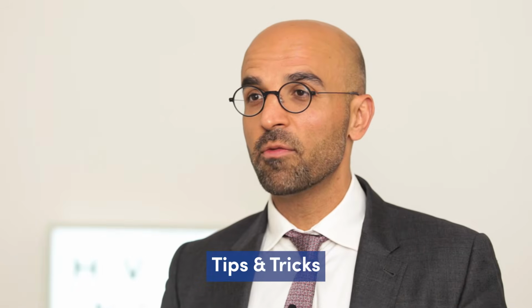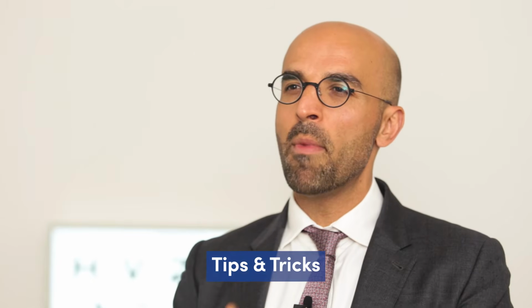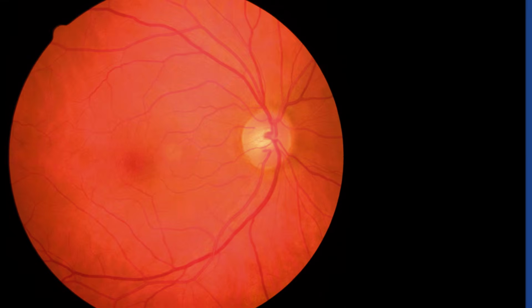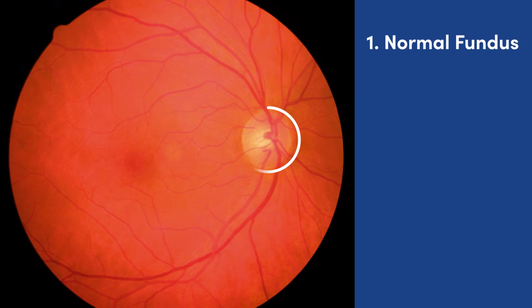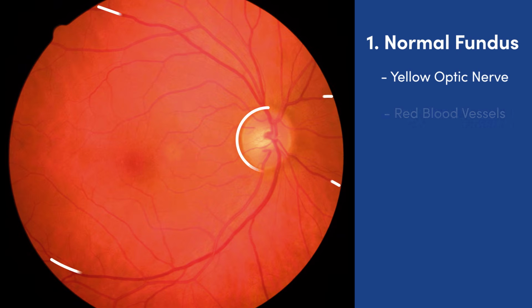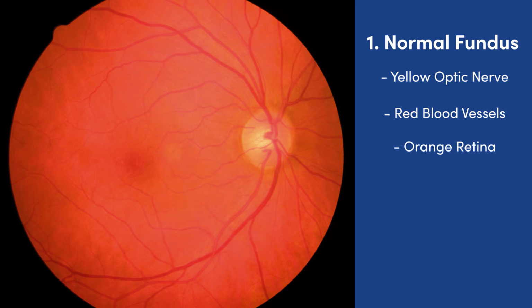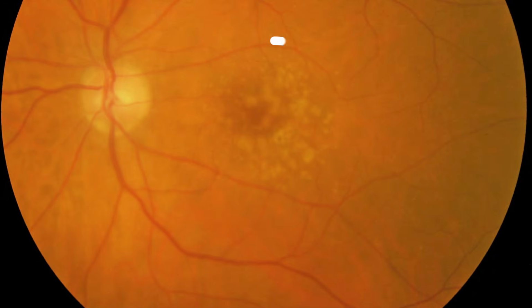Some tips and tricks for fundoscopy. First of all, remember that the normal fundus consists of a yellow optic nerve, red blood vessels, all on an orange background of the retina. Any findings outside these simple parameters, for example, yellow dots in the central macula, are worthy of further evaluation. As you see more fundi, you'll notice a lot of variations on these simple parameters, but they're a good starting